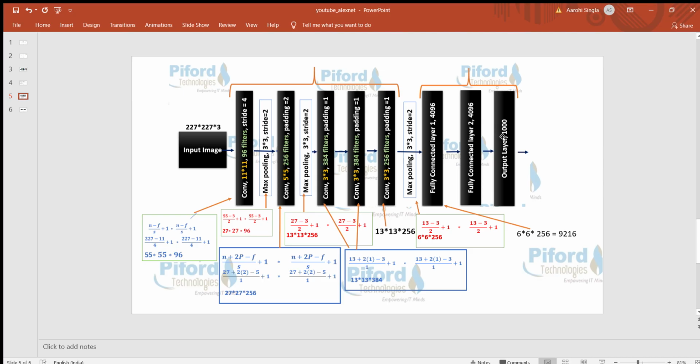The output layer has 1000 neurons, because we have 1000 different classes to classify the objects from, and every neuron will store one class label information. So this will give us the output. This is how AlexNet works.